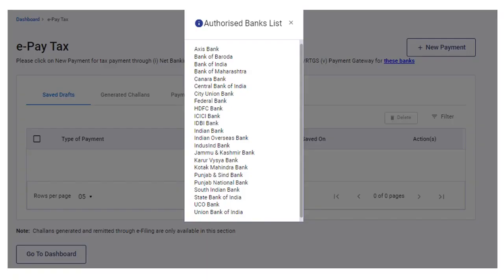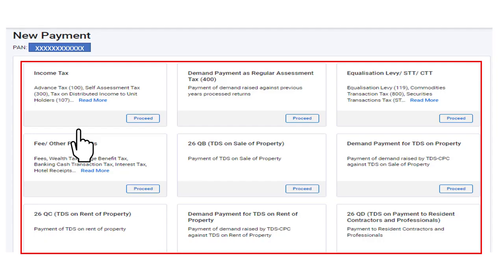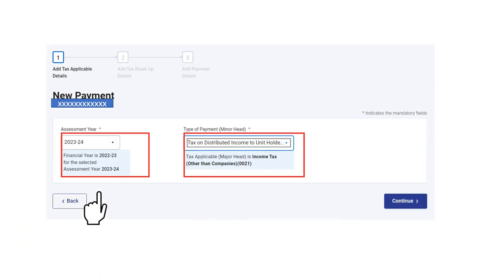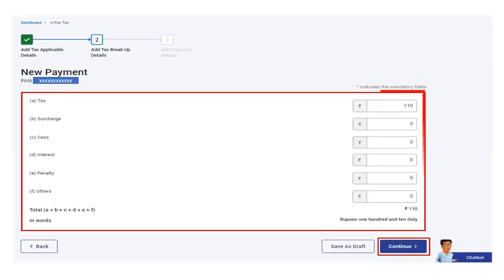Once you click on New Payment, you can see the list of authorized banks. Now, post clicking on New Payment, you will see various tiles depending on the kind of tax which is applicable to you. You can choose the relevant tile and then click on Proceed button. You're required to select the assessment year and the type of payment, that is the minor head, and then click on Continue button. Here you're required to enter the breakup of tax, surcharge, cess, interest, penalty and others, and then